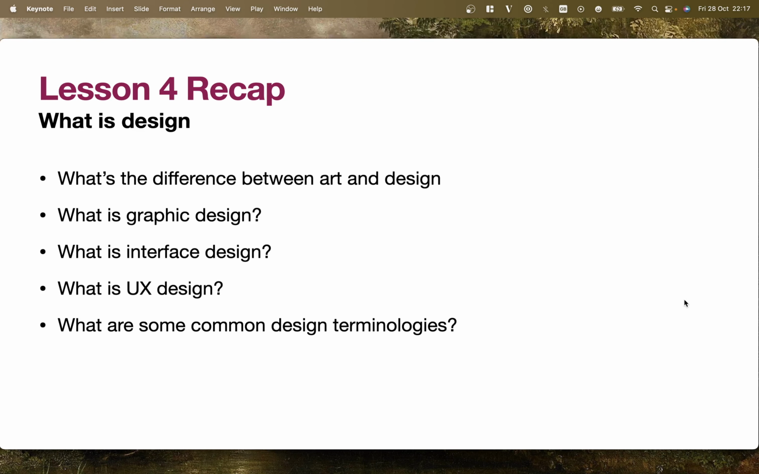Okay, so that's more or less the end of the lesson. I just want to remind you what we've looked at. We've looked at the difference between art and design. Can you remember what that is? Art is for itself, is its purpose. Design is for a product, or to sell something, or to advertise something. Graphic design, what is that, as opposed to interface and UX design? If you don't remember that, rewind the video and take a closer look. And common design terminologies. Yes, there are some very interesting words that I hope we'll get a chance to delve into,